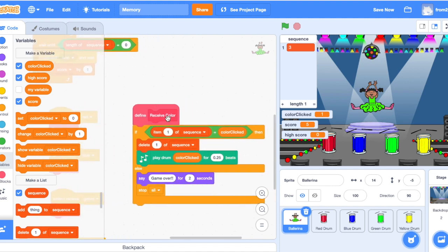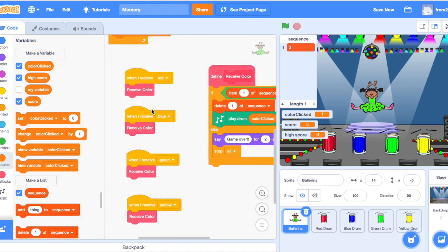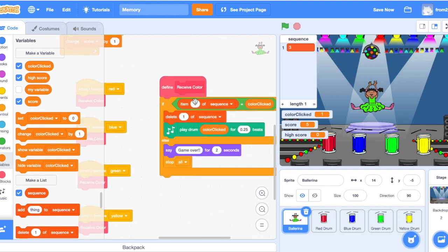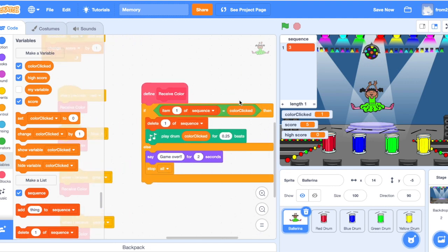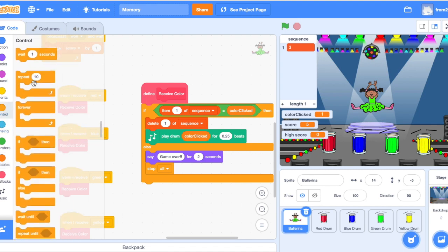This receive color function. So it checks whenever we receive one of these colors, then it checks if the number is correct, and if it is, then it deletes the number and it plays the music. But if it's not correct, then it says game over, and that's all we do though. So let's add a little bit more. So first of all, let's check if it was a high score, if this score that we just got was a high score. So we can go to control and get this if block,